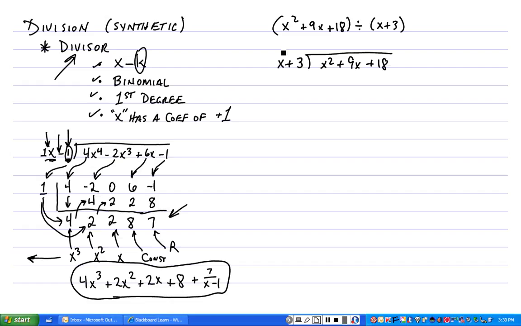Alright, now remember we have to check our divisor. Is it in the form of x minus k? It doesn't look like it is. In this case, most of y'all would say k is 3, but k is not 3 because it's got to be in the form of x minus k. Alright, and there's a plus sign, and the only way this becomes a plus sign instead of a minus sign is because it's really saying x minus k. Alright, so x minus, and this is now my k, a negative 3,